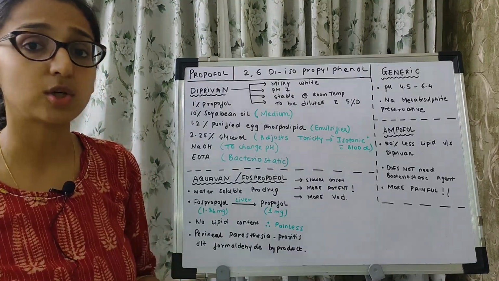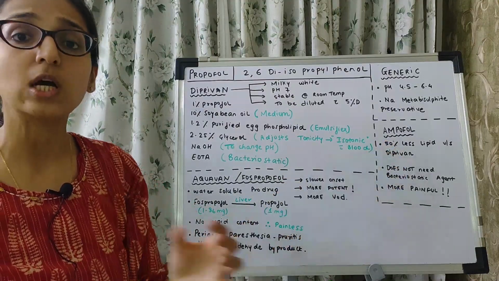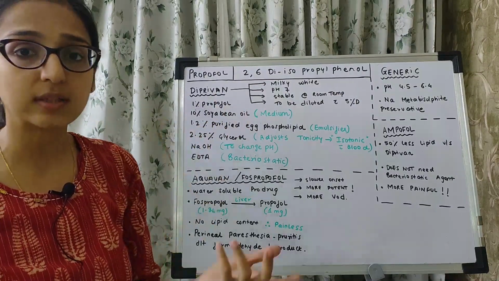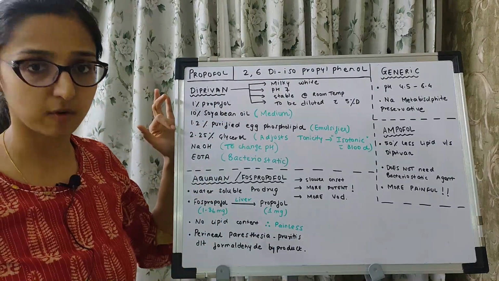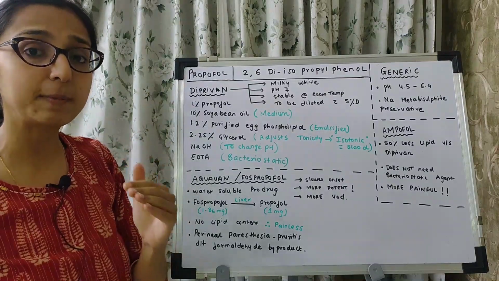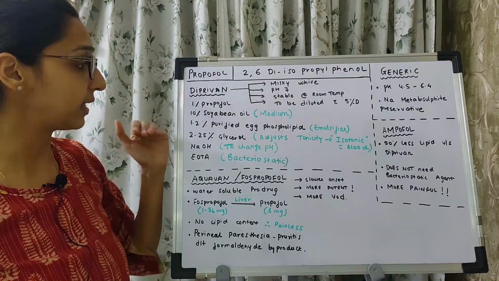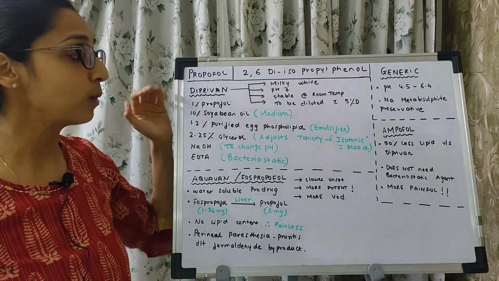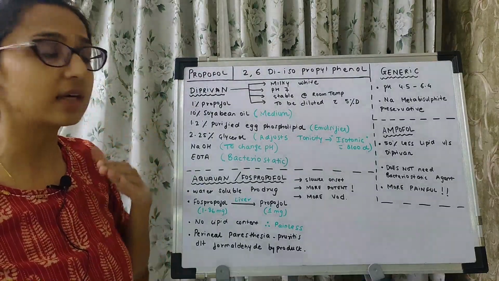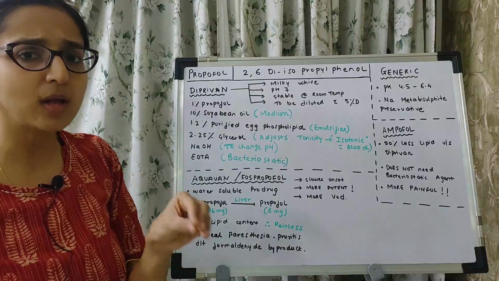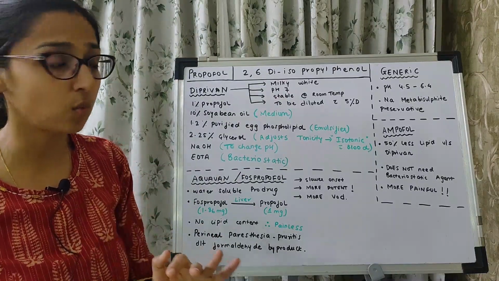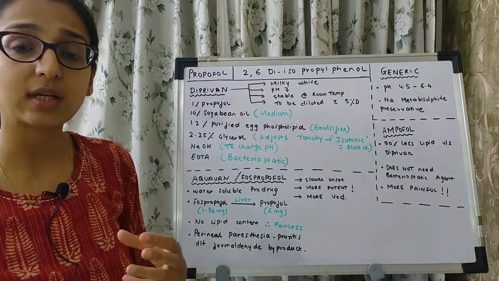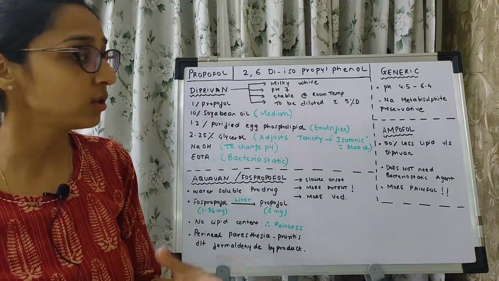Now there is another drug preparation which is known as Ampofol. Ampofol has 50% less lipid content as compared to Diprivan. So what is the lipid content of Diprivan? It is soybean oil and the egg phospholipid. So this is exactly 50% less. That means Ampofol contains 5% soybean oil and 0.6% of purified egg phospholipid. Because the lipid content is lower, a bacteriostatic agent is not required here. We would anticipate that it would cause less pain on injection, but no, there is in fact more pain on injection with Ampofol.